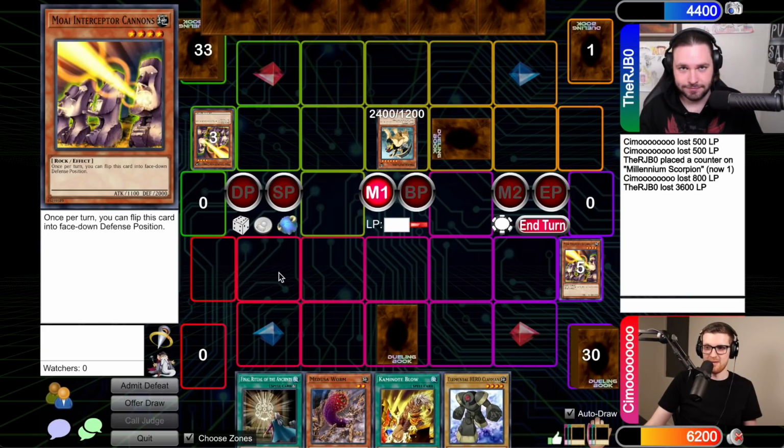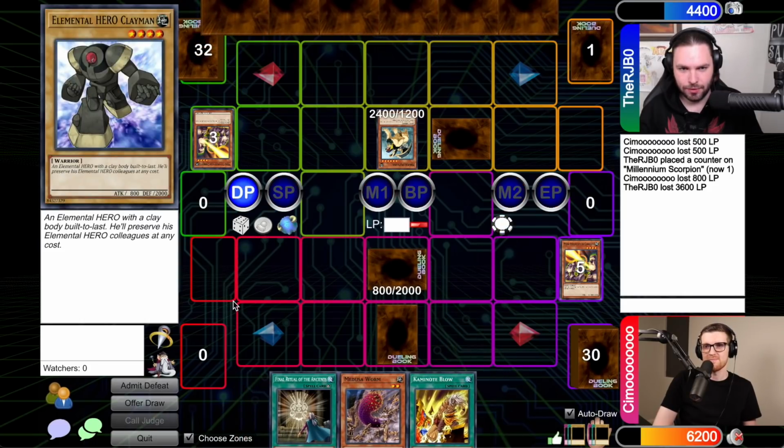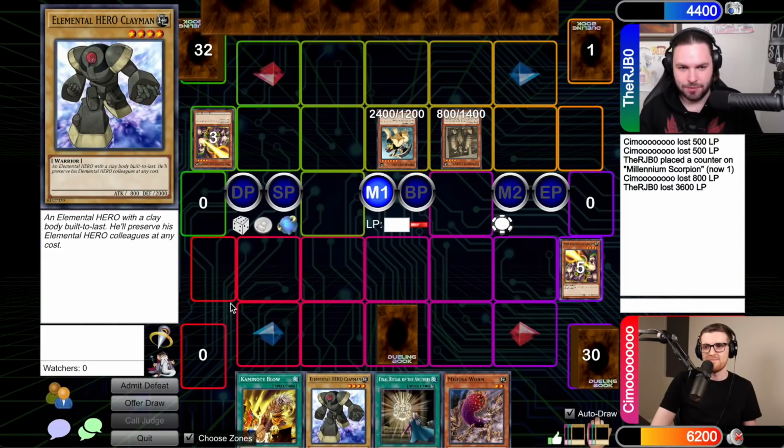That's something, I guess. I will set one and pass the turn. Okay, I will draw for turn. Main phase 1, I will flip summon Guardian Statue, targeting your face down monster. He's getting bounced. And I will...